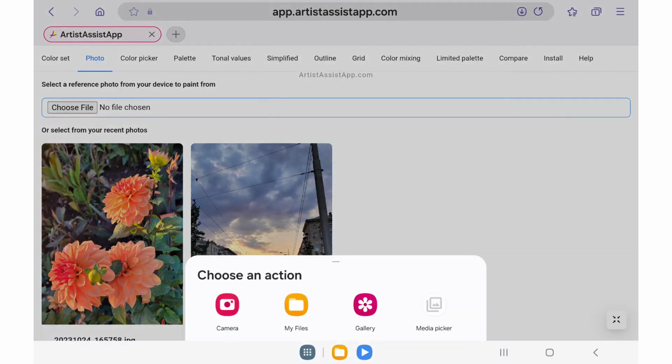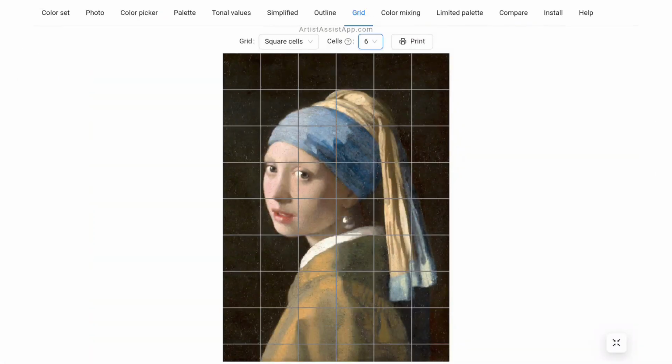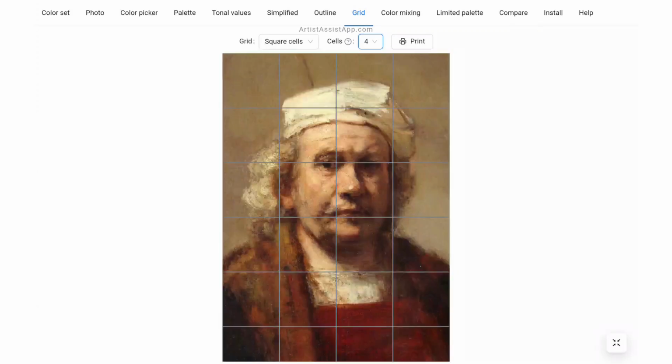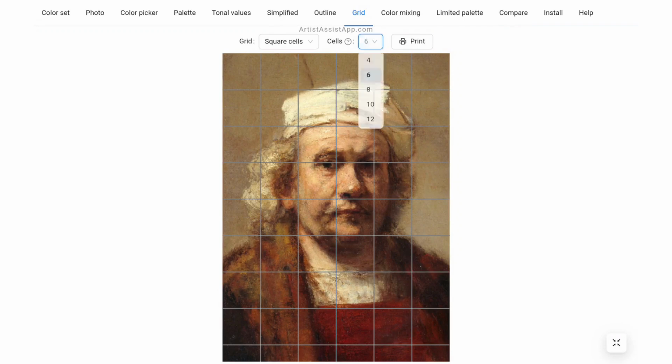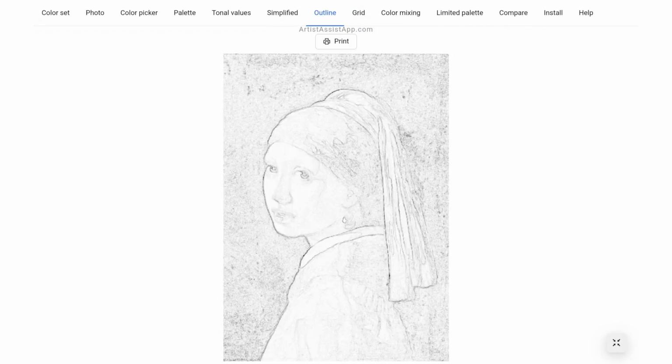Import a reference portrait photo. See your portrait photo with the grid over it. Then, draw that grid on your paper, and it will help you get your correct proportions. If you don't want to draw at all, you can get an outline of your photo, print it out, and